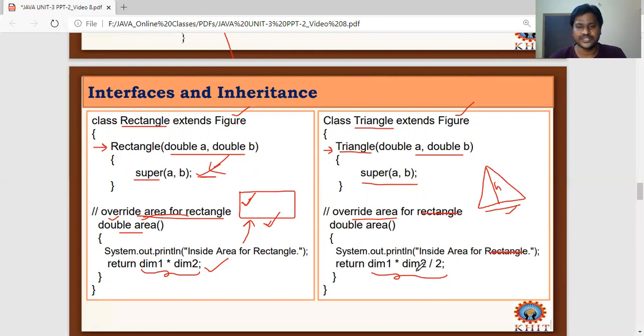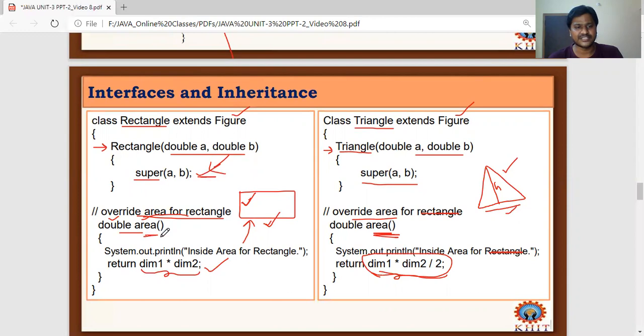So whatever we take as these two dimensions, this class completely implements the area calculation on its own based on the process of calculating the area of a triangle. Then it applies this implementation as a method override, right?